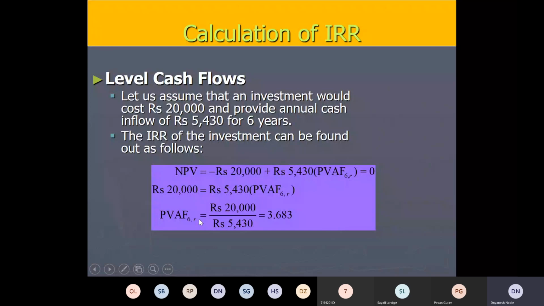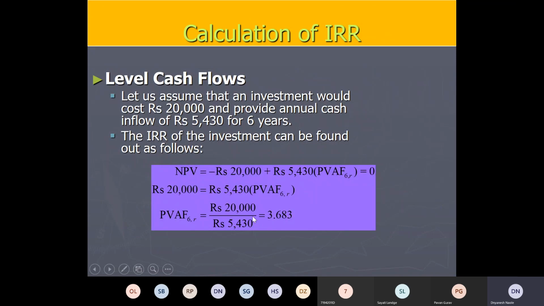I don't have those tables currently in the slides. Next time I will try to get them. When we are trying to solve the problems, we can quickly solve them if we refer to the tables. I will teach you how to use them in the next session. So this 3.683 is some value in the table corresponding to the rate of 16 and 6 years. It's a reverse process. You look for 3.683 in the table in the column of 6 years, and find the discount rate corresponding to that figure. So here the value is 16.